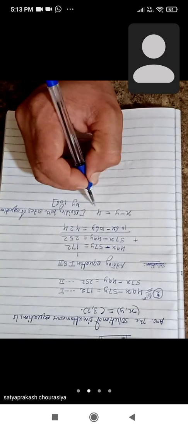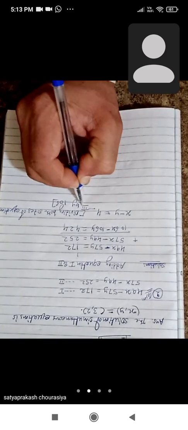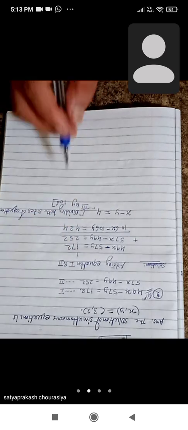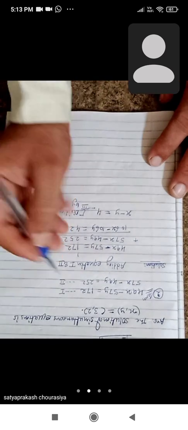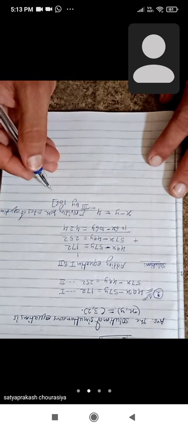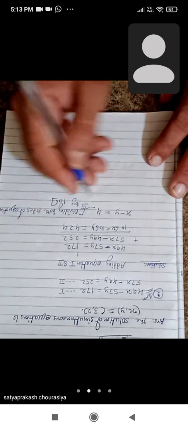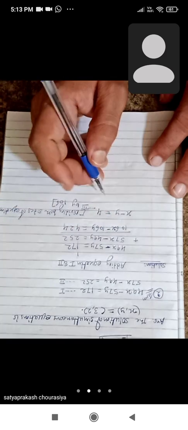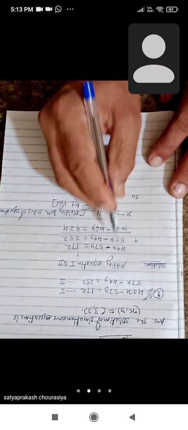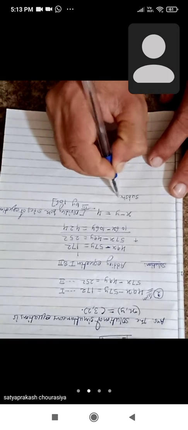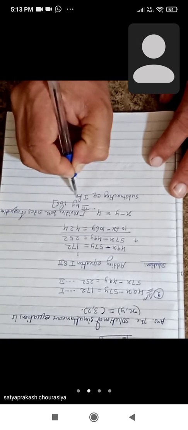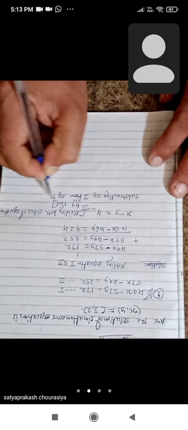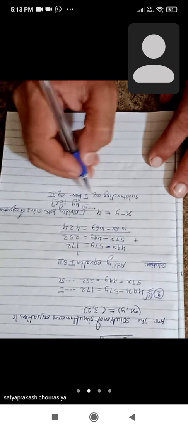Now we have to name this equation as equation number 3, because equations 1 and 2 are already given. Now we have to subtract equation number 1 from 2 or 2 from 1. As you wish, you will get the same answer. Now I am subtracting equation 1 from equation 2. This is the second step: subtracting equation 1 from equation number 2. So first we will write the equation 2.